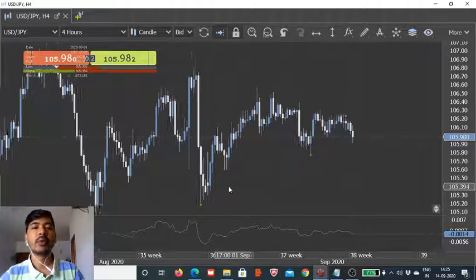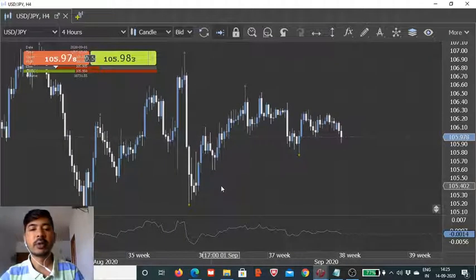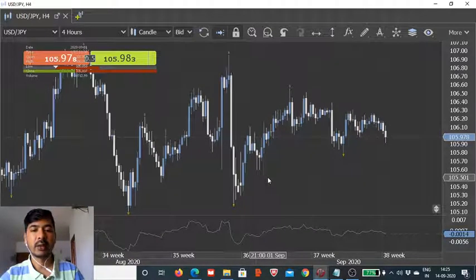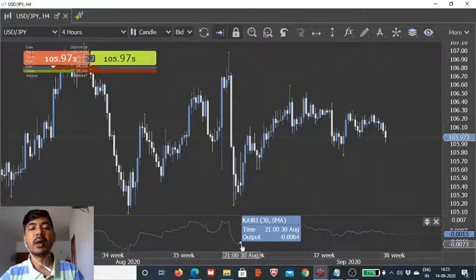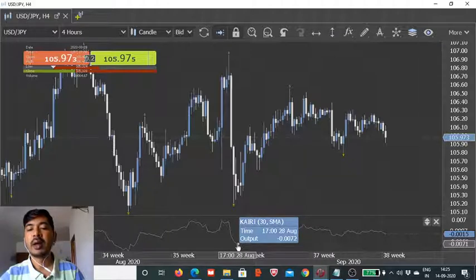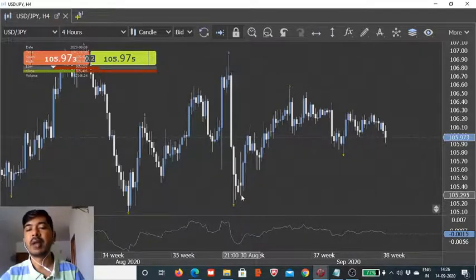The overbought oversold scenario can also be utilized, and in that scenario we pay heed to the absolute value of this output. The larger the output value, the better it is, as it suggests oversold or overbought momentum. And whenever we see the momentum reversing, if the KAIRI output value has been in negative territory and has been falling, and then after falling significantly it starts to rise, you can say that momentum is likely to turn,